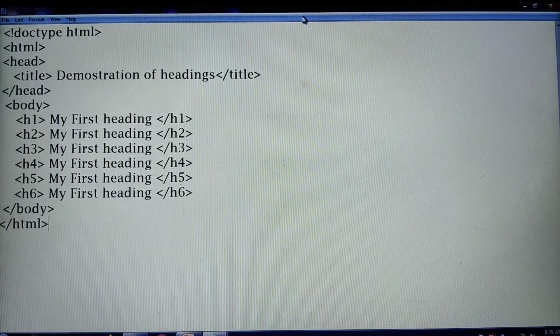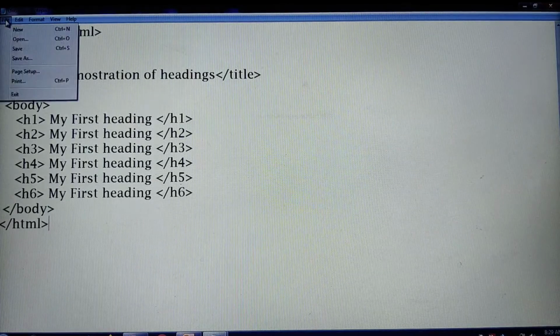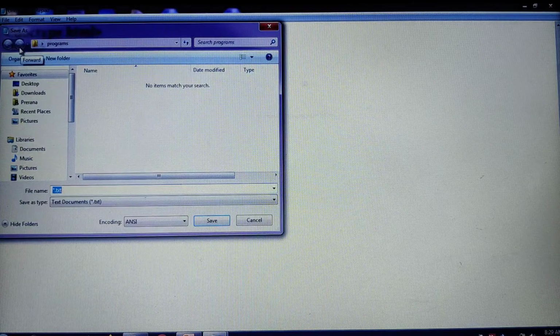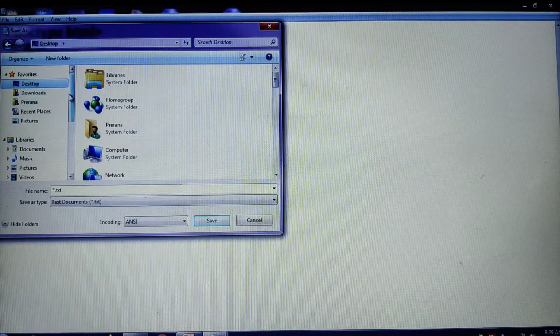Alright. So herein I'll just paste the code. Now after you write the code, the next step is to save your file. So go to the file option here, go for the save option. So I'll choose the desktop. I'll choose this particular location to save that particular document, and I need to give a file name.